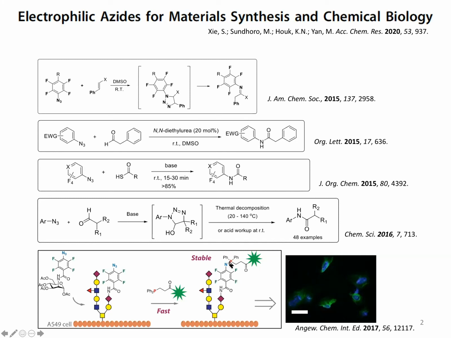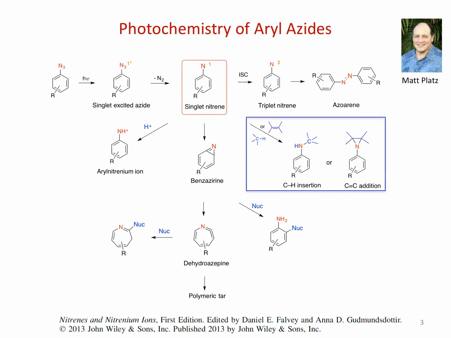So it stops here, and because of the fast kinetics, the reaction allows us to label cells, as you can see here, cell surface labeling with sugar. Because of the fast kinetics, the background is quite clean, you can see. All these properties are because of the fluorine introduced on the aryl ring that gives us a very nice handle. So today I'm actually going to use the other property of the aryl azides.